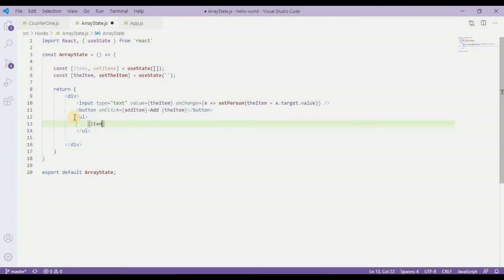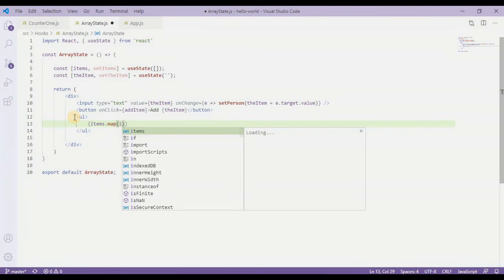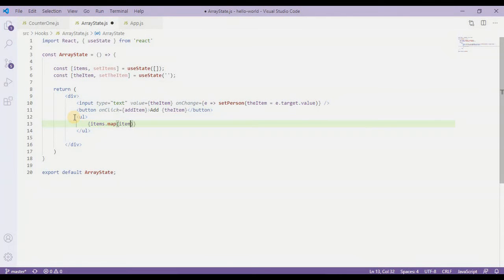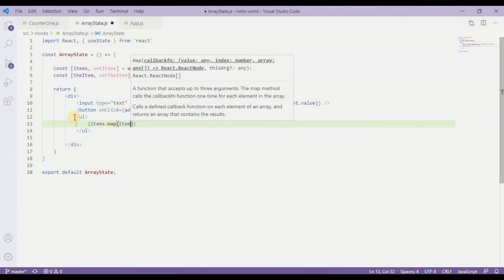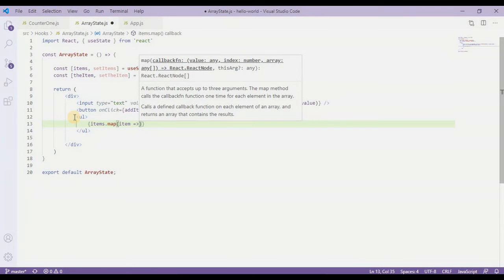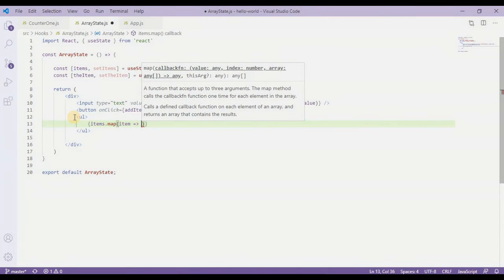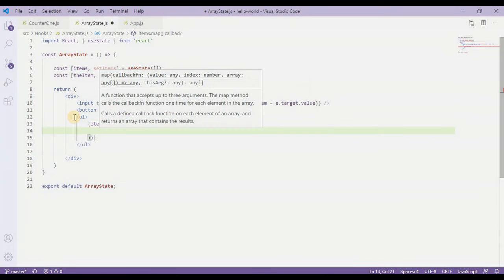So it is going to be items dot map, and then in this map function I'm going to send the item, which is an arrow function, and inside this I'm going to have this list,